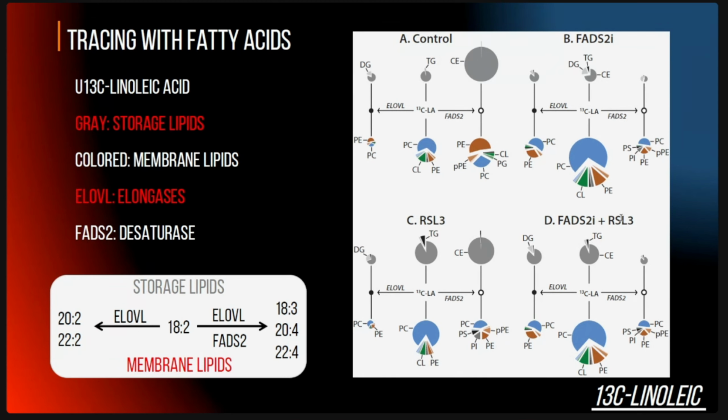Anyway, the pool of PUFAs, or polyunsaturated fatty acids, is huge in phospholipids and also in cholesterol ester. Then when we use glutathione peroxidase inhibitors like RSL3, the picture changes a lot